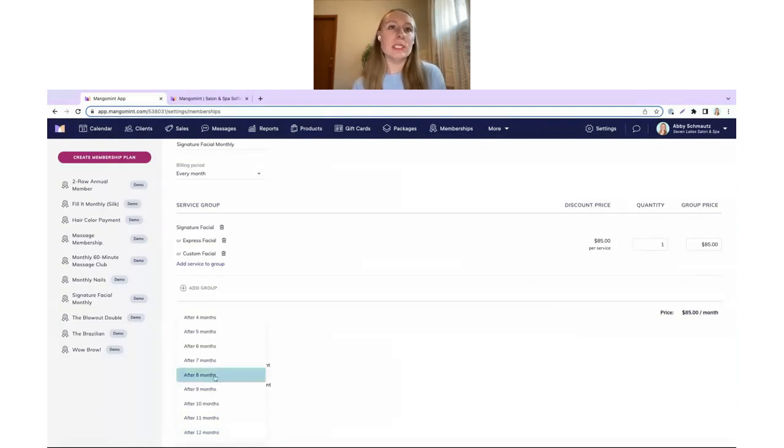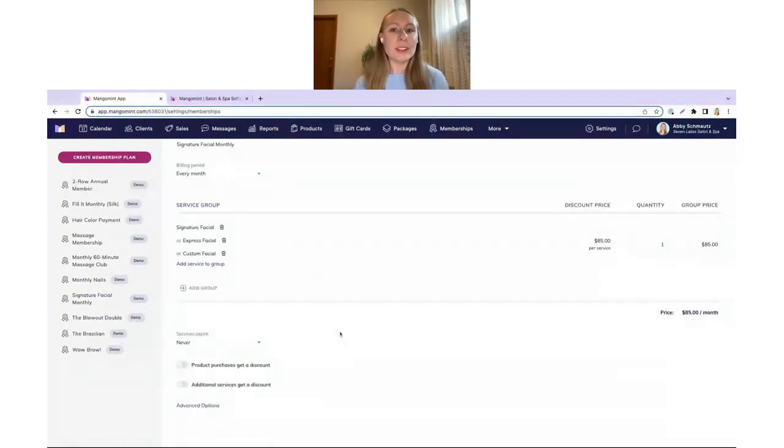So it's super flexible. You can set that up to what you want to. For this demo though, I'm just going to say that the services will not expire. But again, this is going to be a business decision for you, so you can do what you think would be best there. And then, memberships are really exciting too, because not only can you offer these services, but you